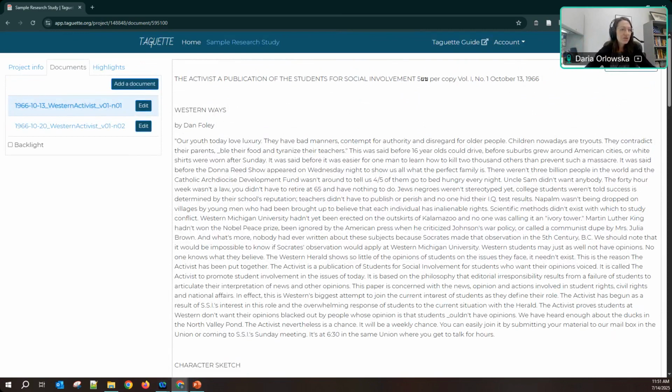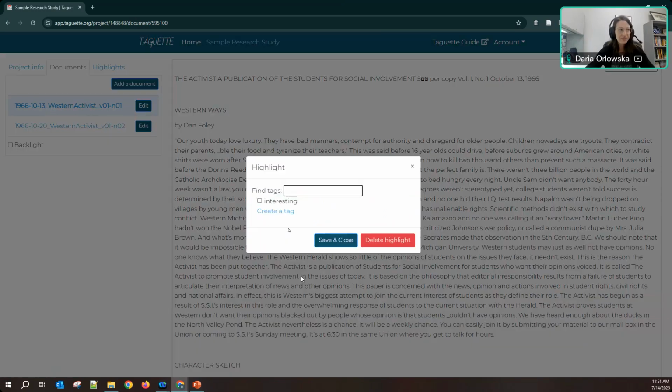So let's say that we are making tags about any reference to students, right? So I click down here and then I drag to any point that I want to, and then I can click New Highlight. From here, the only tag we have to choose from right now is Interesting. So we're going to have to create a tag.